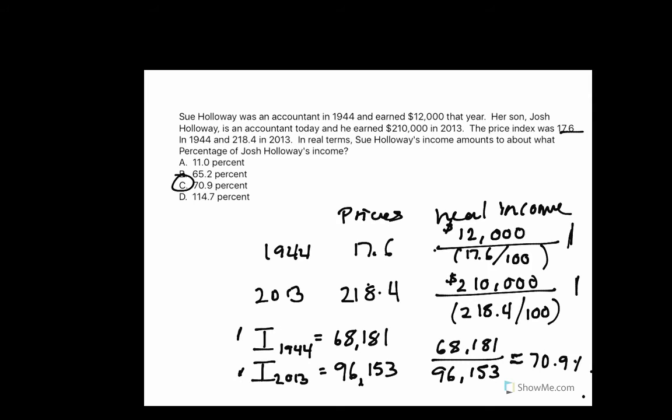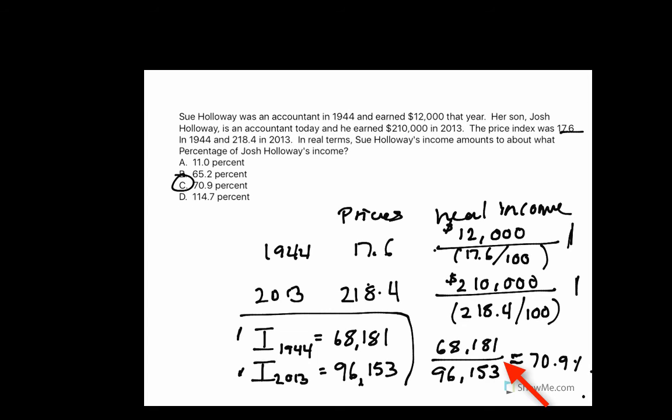Right, so all we did was we converted there, we knew what the price levels were, we converted them so that they were all in the prices of the base year by dividing this by the change in prices, or the percentage change in price from the base year. So that'd be 17.6 divided by 100 and 218.4 divided by 100. And then we divided those into what their nominal incomes were. That gives us our real incomes, these two guys, in the base year. And then we just divided Sue's by her son Josh's to find what percent her income was of his in